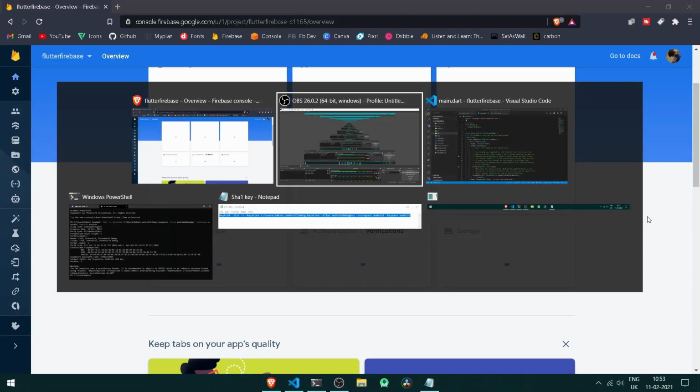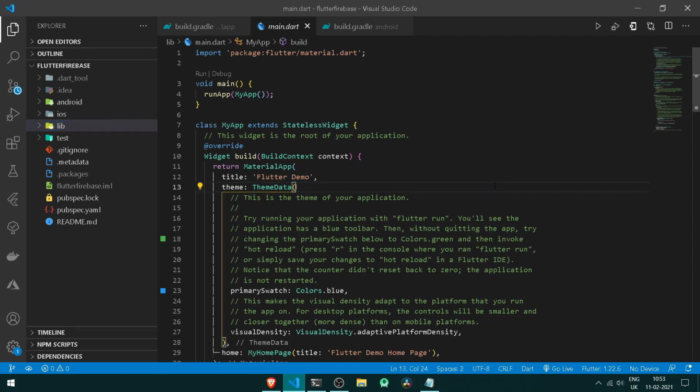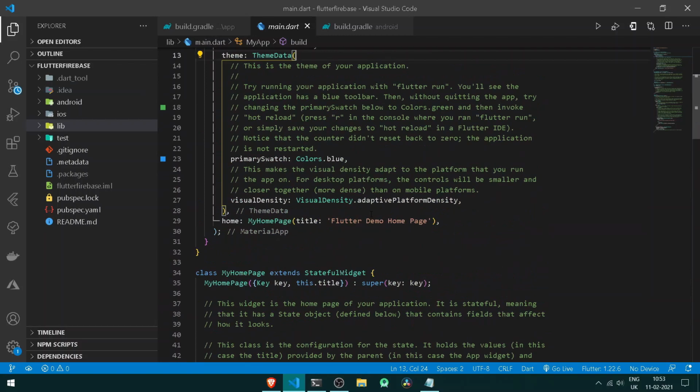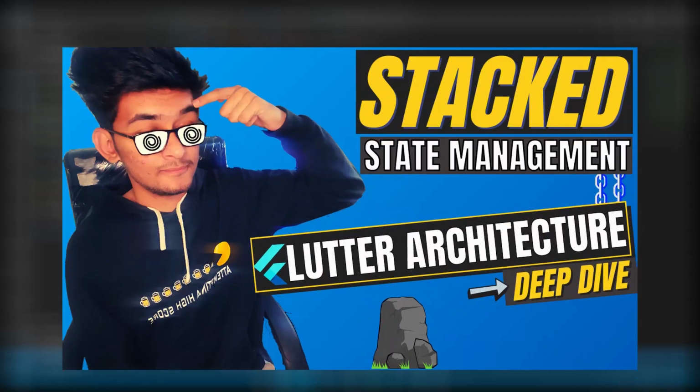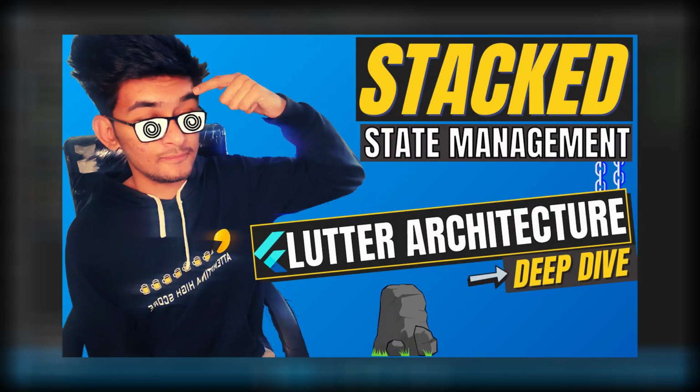So in the next tutorial we shall be simply adding all of our functionality under our new Flutter Firebase project. So for now, the architecture that we are going to use for our entire series shall be Stacked. So on your screen you may see a tutorial over stacked architecture, that is basics of stacked architecture. So if you are confused with Stacked architecture, I recommend you to watch that video first and later watch the following Firebase series.